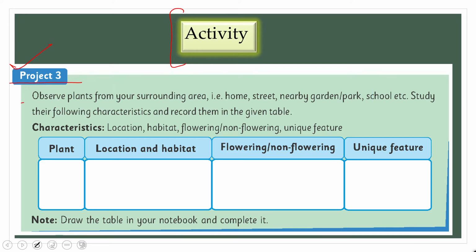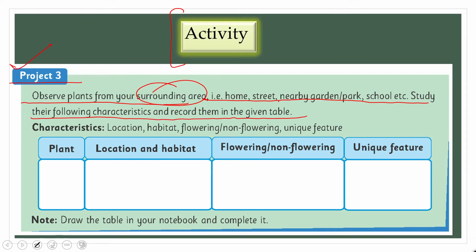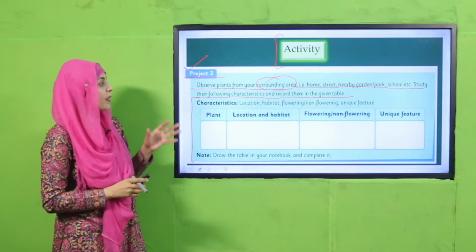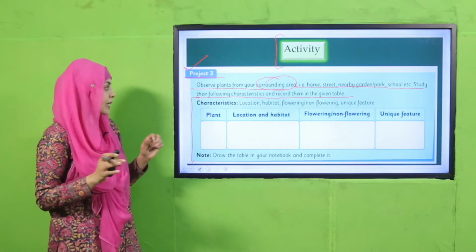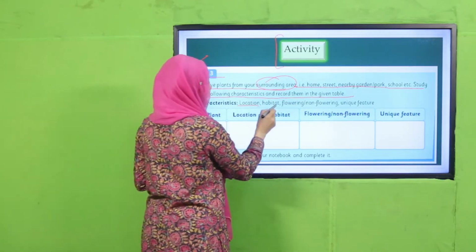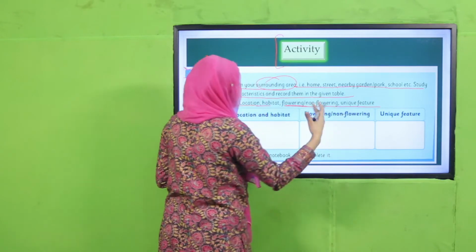So project number 3, observe plants from your surrounding area, home, street, nearby garden, park, school, etc. Study their following characteristics and record them in the given table. So अब आपको for this you need a tour around your school or your home, और वहाँ से आपने कुछ जो plants हैं in your locality आपने उनको select करना है, उनकी लोकेशन, हैबिटेट, फ्लावरिंग और नॉन फ्लावरिंग यूनिक फीचर